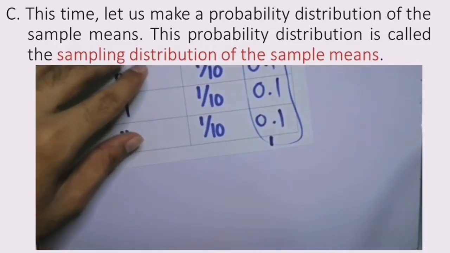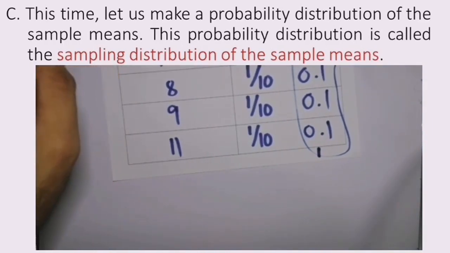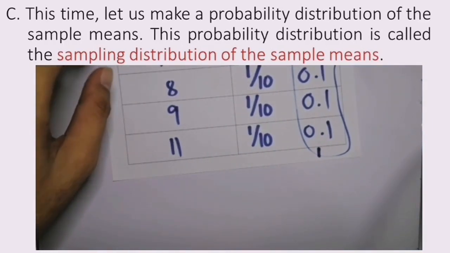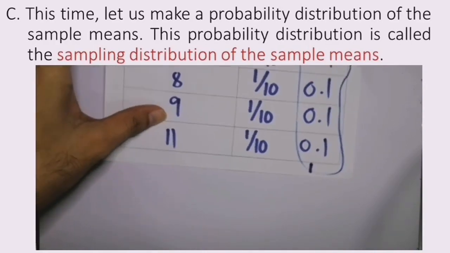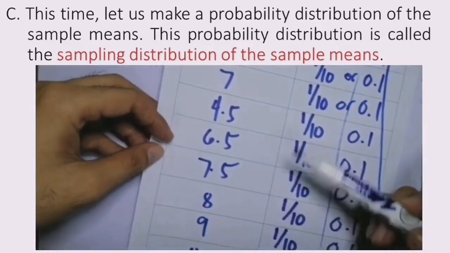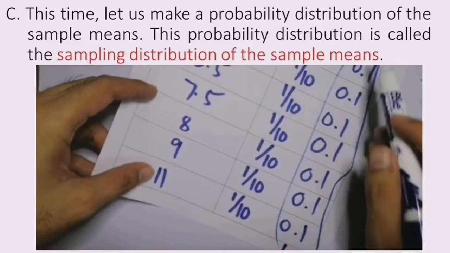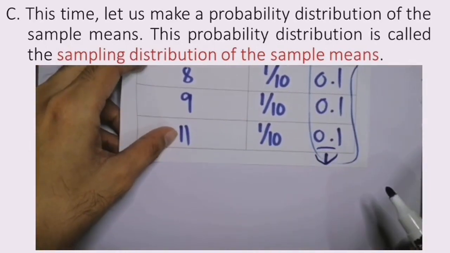1. So, observe that all sample means appeared only once. Thus, their probability is 1 over 10 or 0.1. So we can see that we have no repeated sample means, so each is just 1 over 10. And when we total everything, it comes to